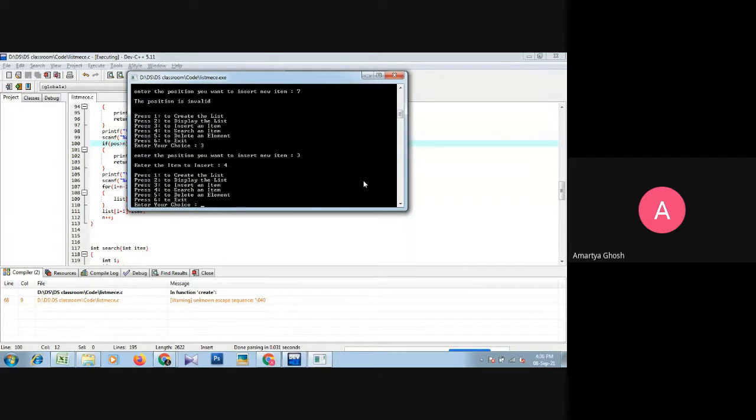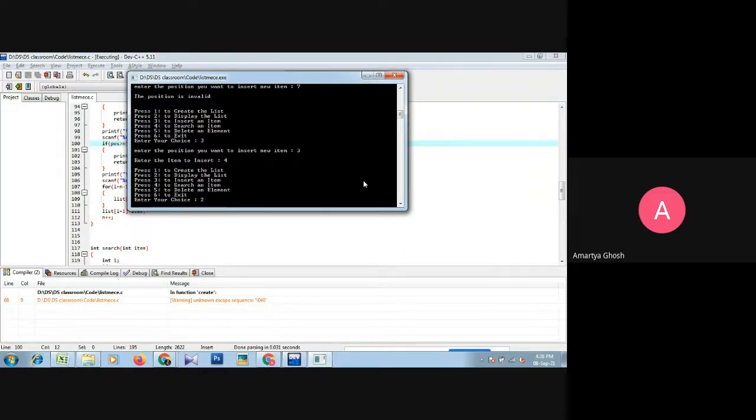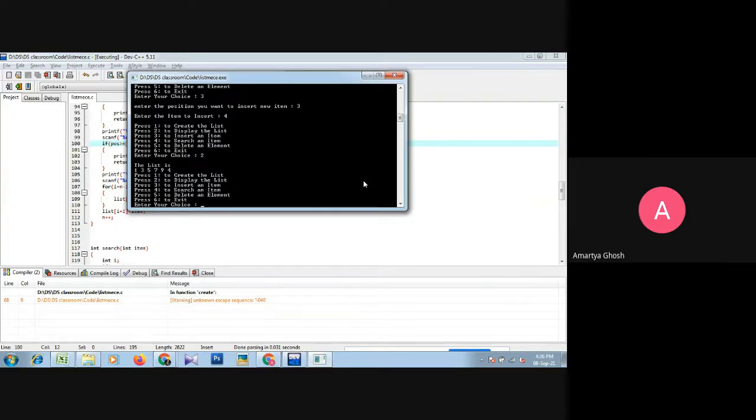Now to display, it should be 1, 3, 4, 5, but display shows 1, 3, 5, 7, 9, 4.